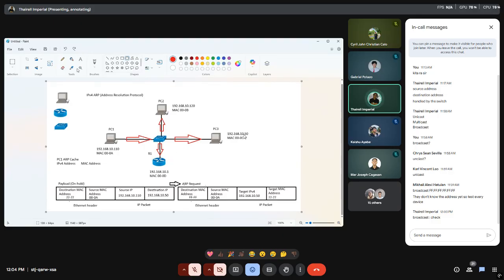And because of this, because the default gateway is not the one intended for that data packet or that ARP request, it will not send. Okay, so I think I forgot something. I should have drawn that as well. Okay, so let me just draw that.